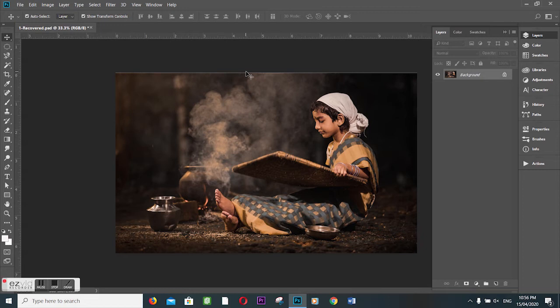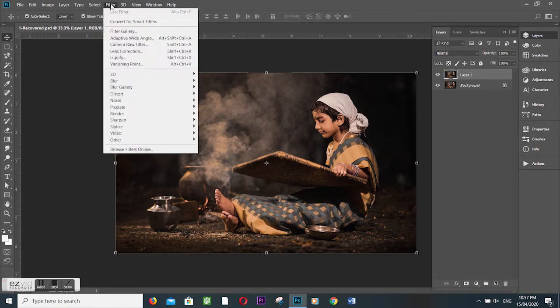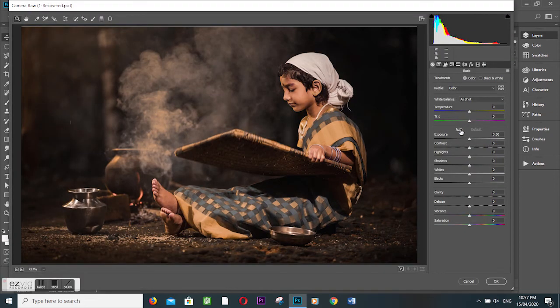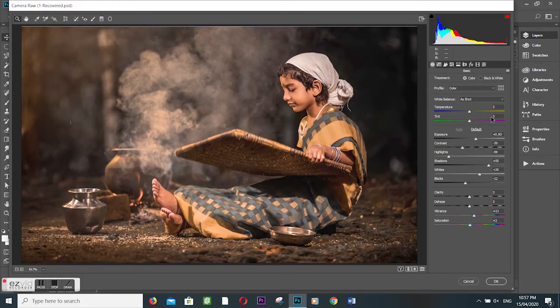So, I open up a file somewhere in the part of my computer. Then after opening po yung file, the next step I did is I press Ctrl J. And after pressing the Ctrl J, I went po dito sa filter. Sa filter po, may makikita po kayong camera raw. So from the camera raw, I press yung auto, and then yung temperature niya binaba ko po siya ng -13